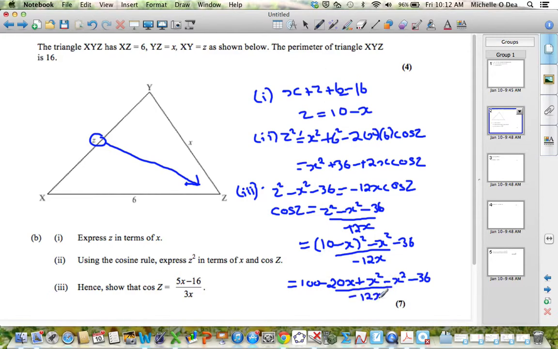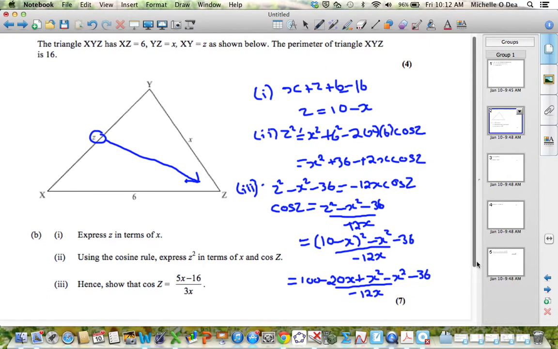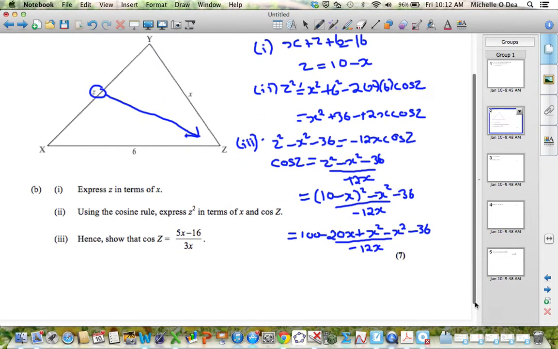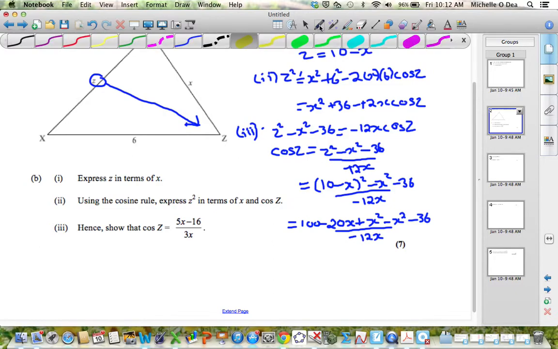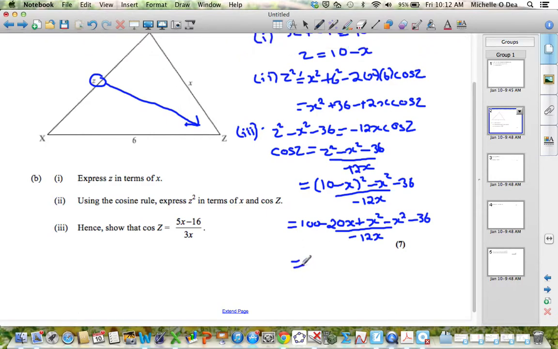And then we just have to tidy it up to try and get what we're aiming for. Let's check. Alright, so just quickly then tidying this up. Tidy the numerator up, so 100 minus 36 is 64. The x squareds cancel out, so minus 20x